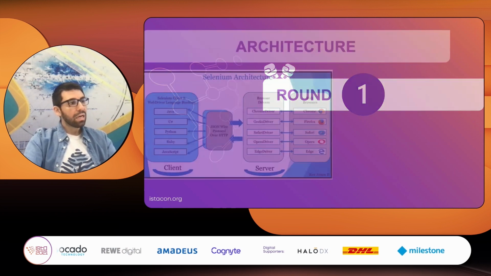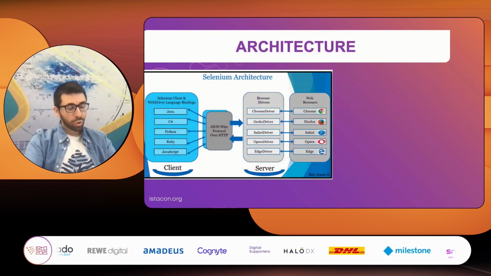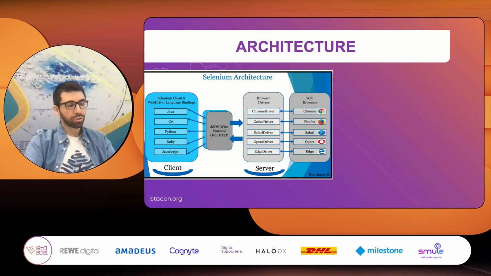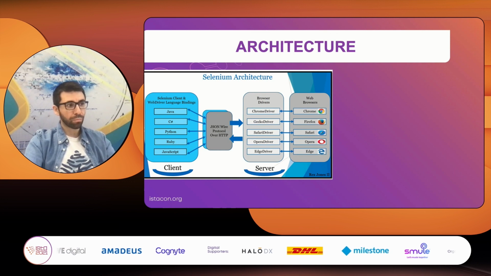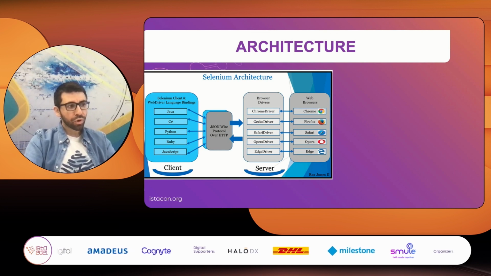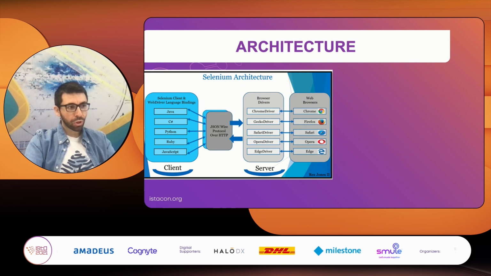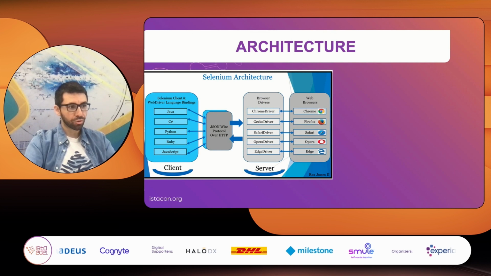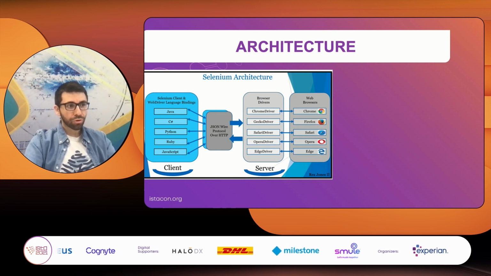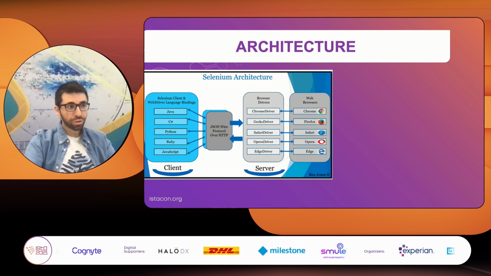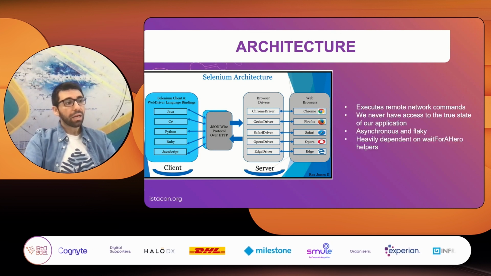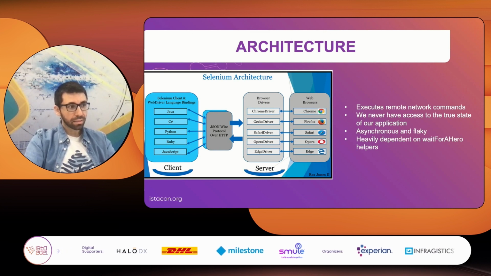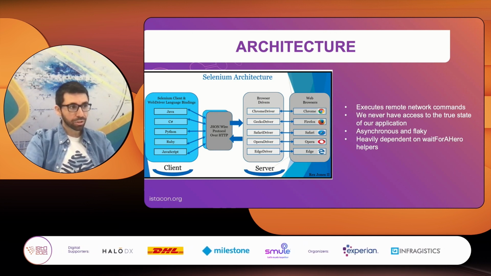So, round one. Initially, this is the Selenium architecture as you know it. Actually, this is the Selenium architecture for Selenium 3. So we have our language bindings, which we can use with Java, C#, Python, or Ruby, which communicates over HTTP, called JSON Wire Protocol, with our browser drivers, which can be Chrome, Gecko, Safari, etc. And those browser drivers communicate with the web browsers back and forth. So, in reality, Selenium 3 architecture executes remote network commands, hence sending API calls over HTTP using the JSON Wire